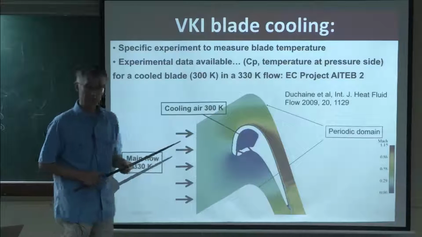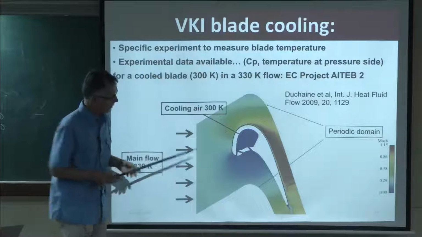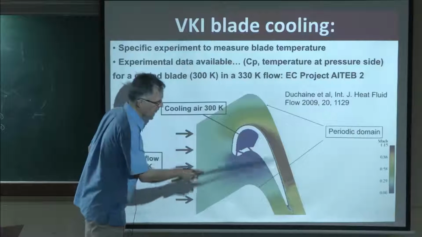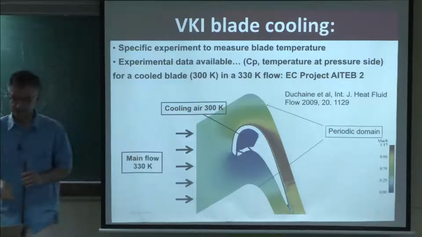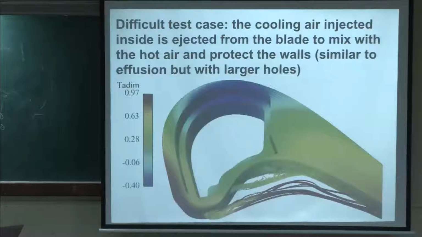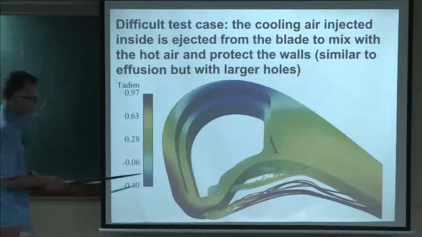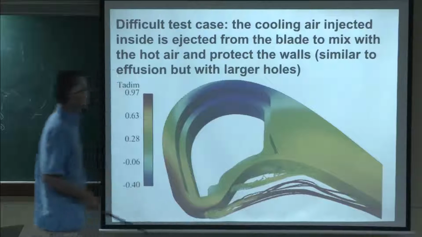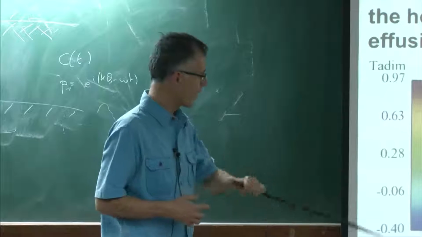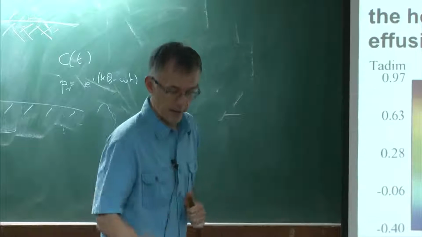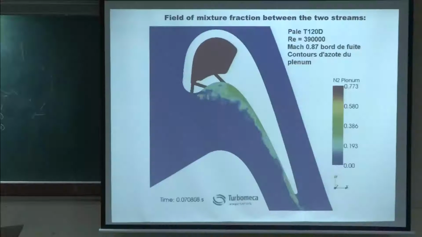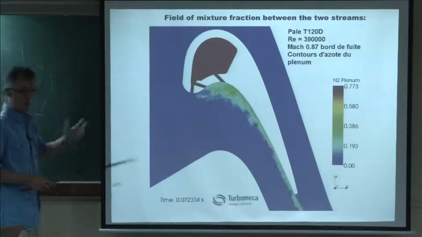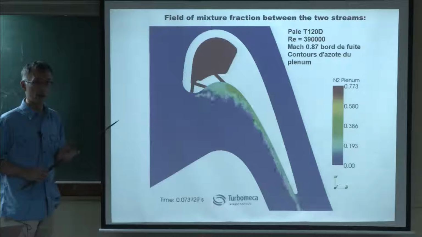Well, it's a complicated problem because it requires to know the flow field everywhere and the heat transfer everywhere. So the cooling air that you inject here is following strange trajectories, and it's mixing with the hot air coming from the other side. And you need to compute all that. So that's a view of the LES. So there's no combustion now. It's only a heat transfer problem.